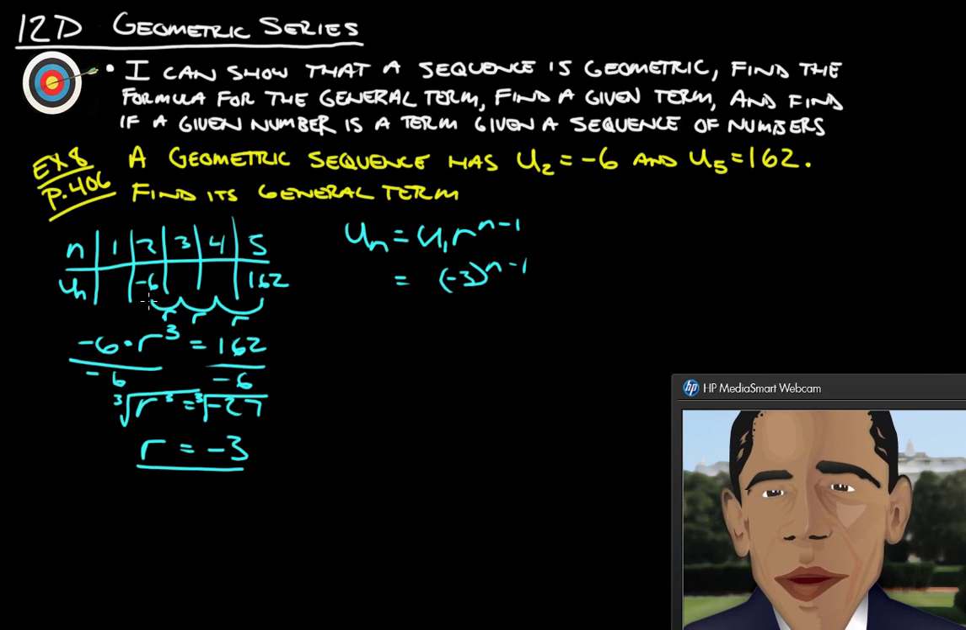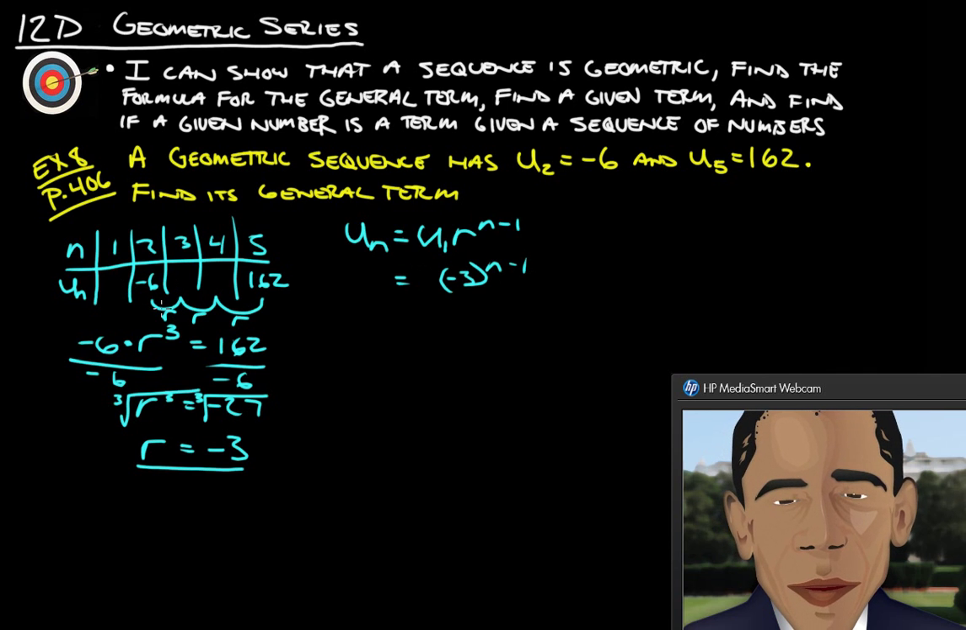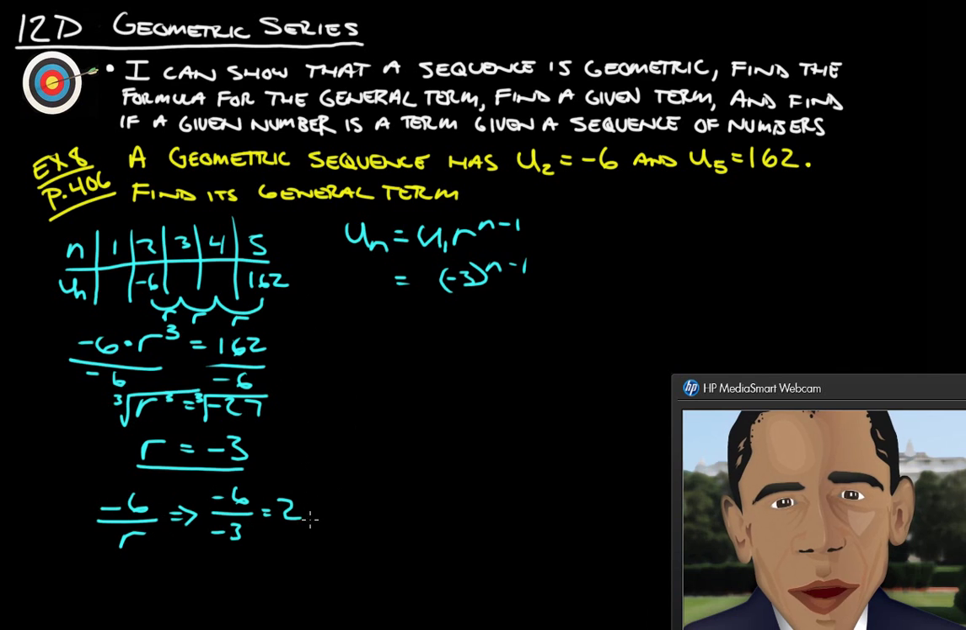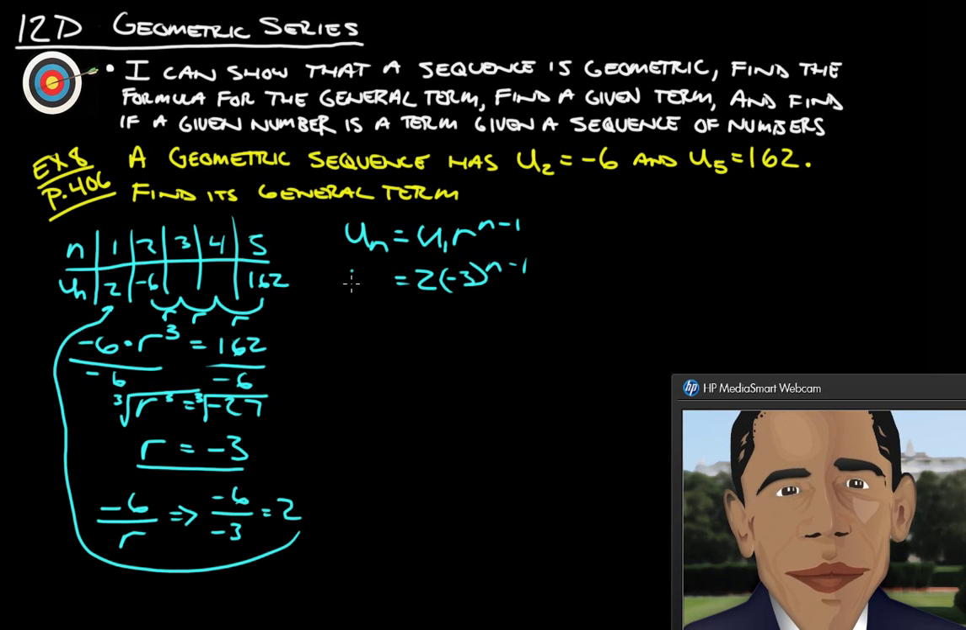Now, we know that to get up to the next number, we have to multiply by r. So to get back to a previous term, instead of multiplying, we have to divide by r. So what we'll do here is we'll take negative 6 and divide by r, which is really negative 6 divided by negative 3, which gives us 2. So we now know that this first term here is 2. So we put a 2 in for that, and now we have u sub n equals 2 times